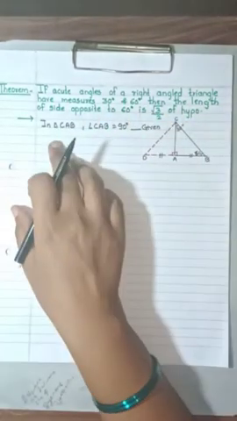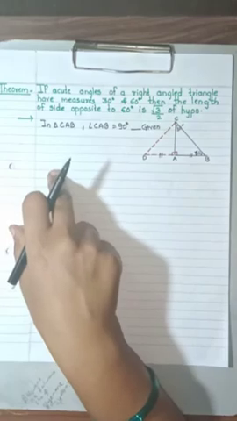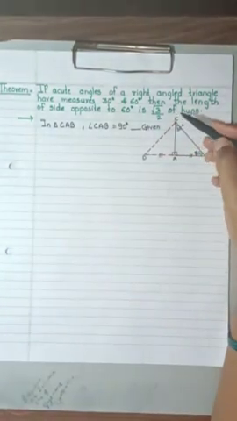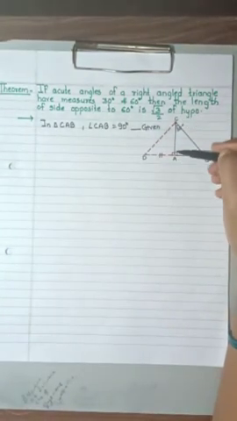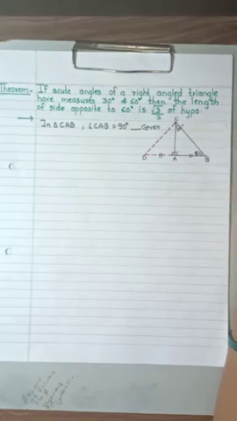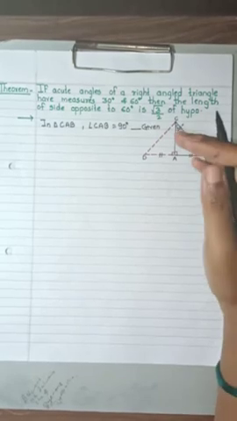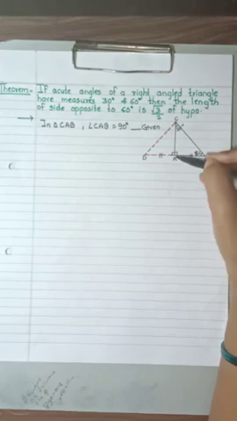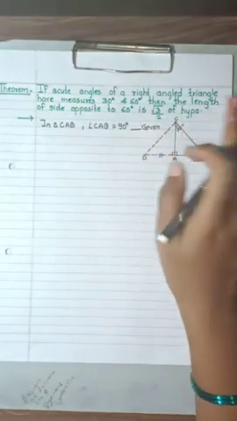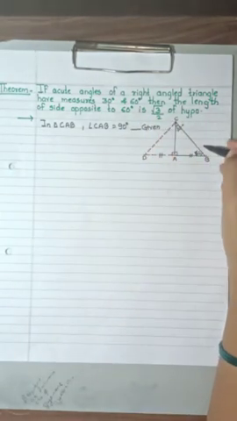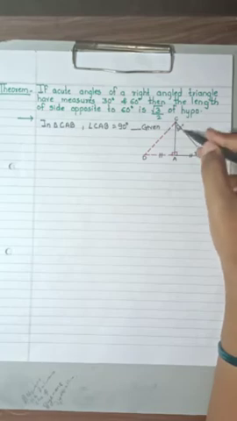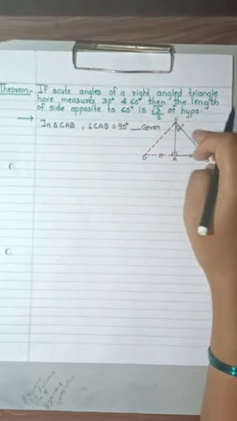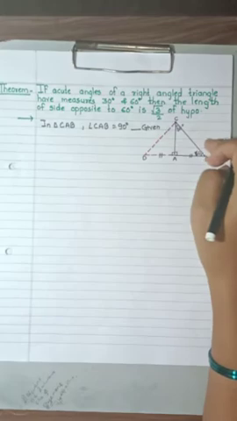Okay, now children, I'm not going to write here what is given and what you have to prove. So here you can write down what is given. A right angle triangle, that is ACB or CAB, is given to you. Measurement of angle CAB is 90 degrees. This you will be writing in given. And you will write there the side opposite to 60 degrees, which is AC, is equal to root 3 upon 2 times BC. This you have to prove. Okay, so this you will write in to prove.